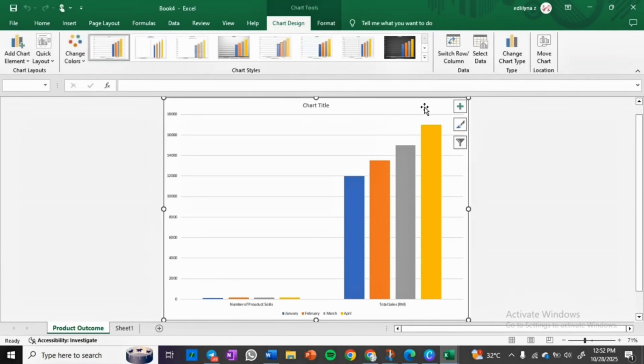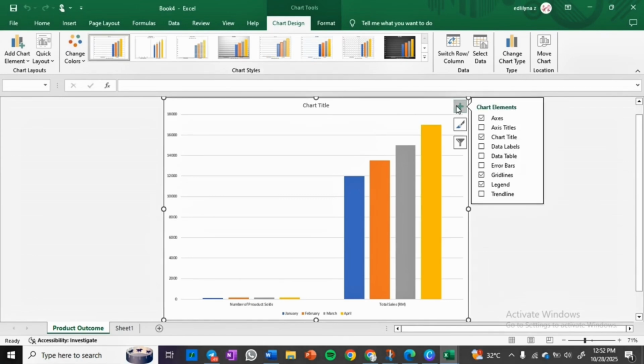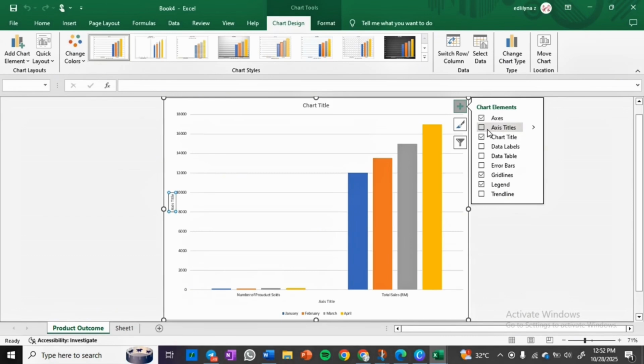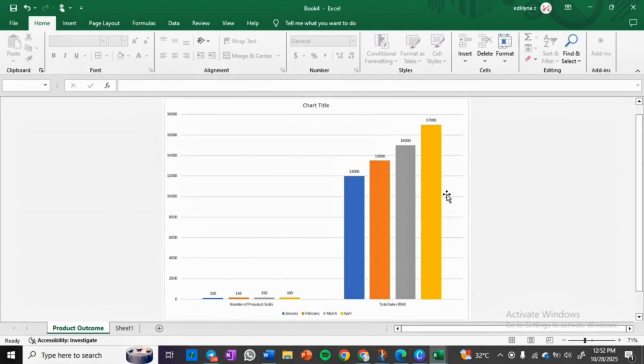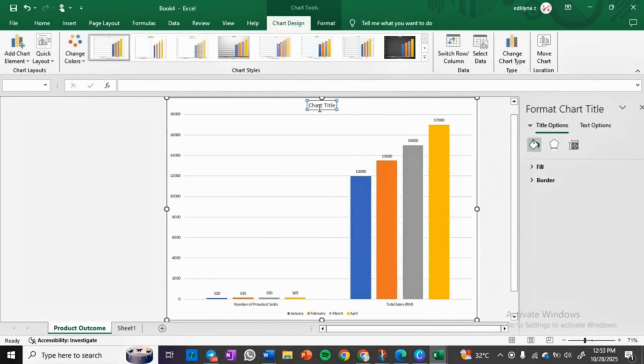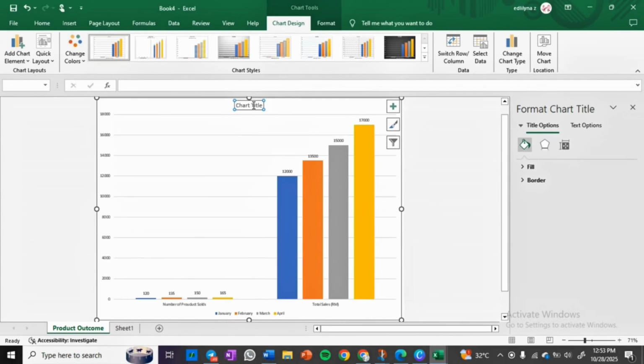Click the chart, and you can start by clicking the plus button or the chart elements, and you can choose the elements that you want to have on your chart. For example, here I will choose the things suitable to be on the chart, which are the axis, chart title, data labels, grid lines, and also legend. And you can change the title of the chart by clicking on the chart title and typing product outcome, for example,